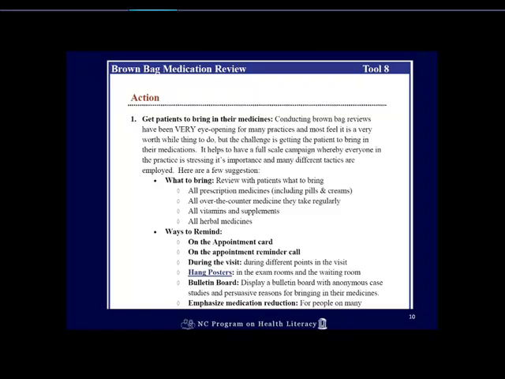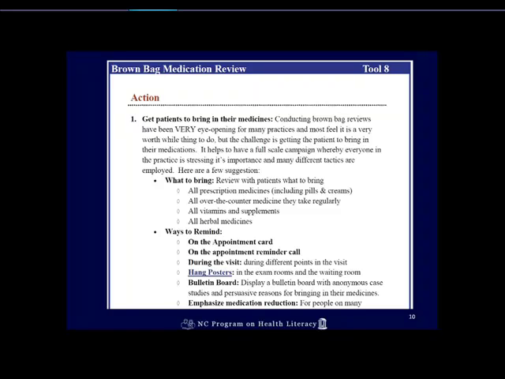Here you can see on this page we're starting to deal with one of the most common barriers that came up as we were testing this tool, and that is figuring out a way to remind your patients to bring their medicines into the practice. A lot of practices did not have patients that were used to doing this, and so they had to implement a process and think about how do we remind our patients to get this to happen.